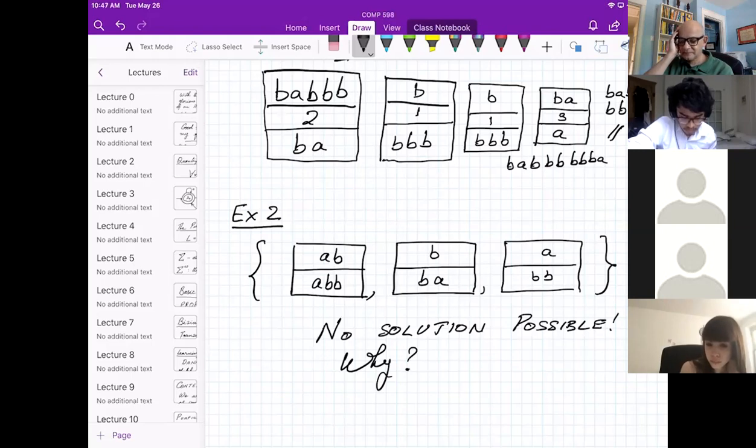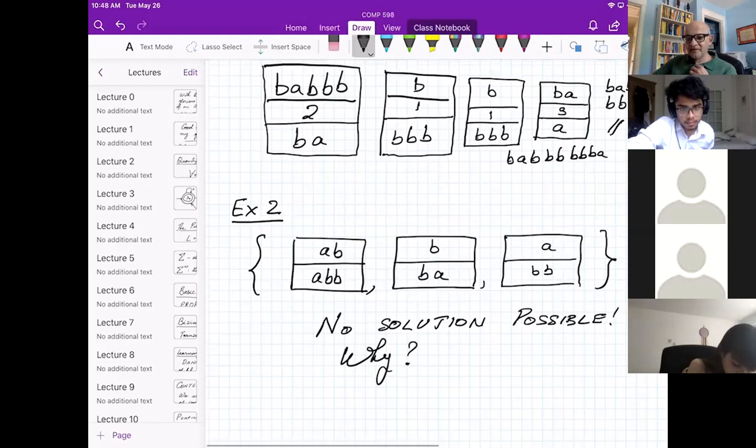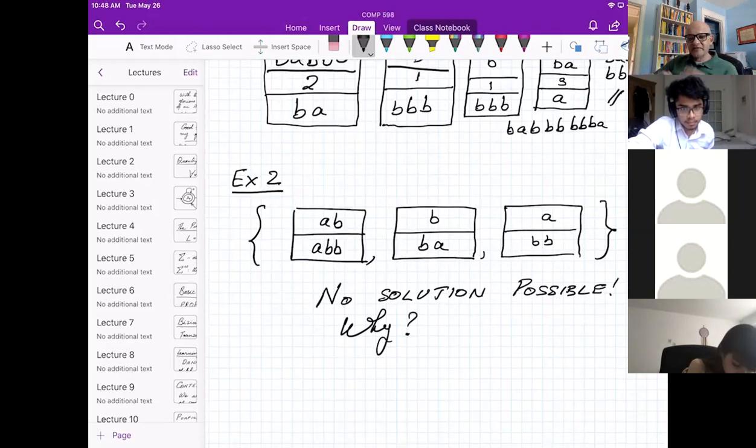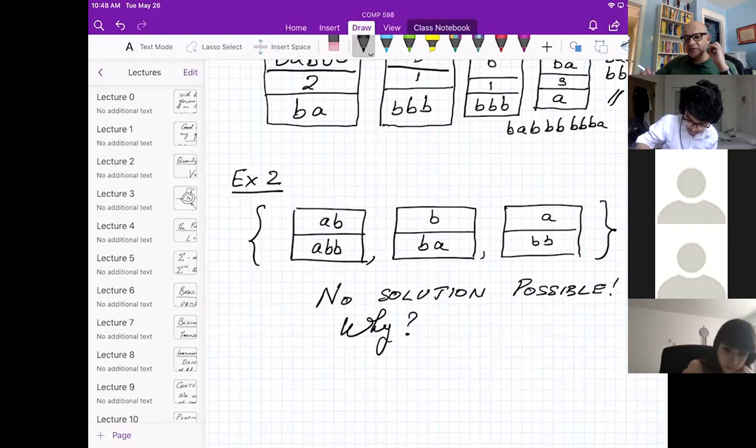Adam says the bottom is longer than the top. Right. Every string on the bottom is longer than the top. No matter what dominoes you put together, the bottom string is going to be longer than the top string. There's no way they can be matched. Okay, so that's an easy way to tell. The point is we want an algorithm that can examine anything and say, yes, this is solvable, and here's the solution, or this is not solvable.